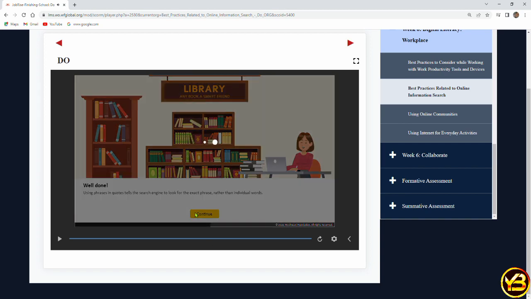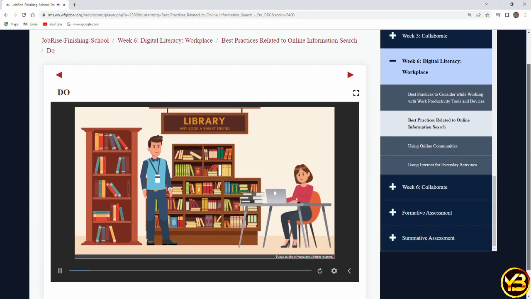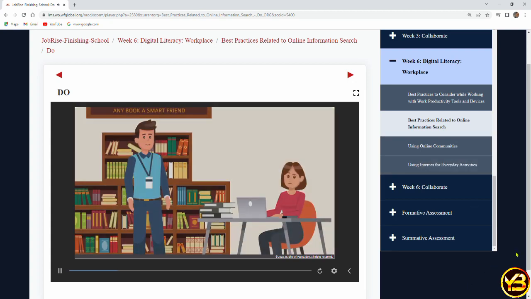Neil, who is the library administrator, notices Rita looking a bit worried and checks if he can help. Hi Rita, you look worried. Can I help you in any way? Rita tells him that she wants to download and print PDFs that reference air pollution. But she is not sure how to look for specific PDF files instead of just web pages.